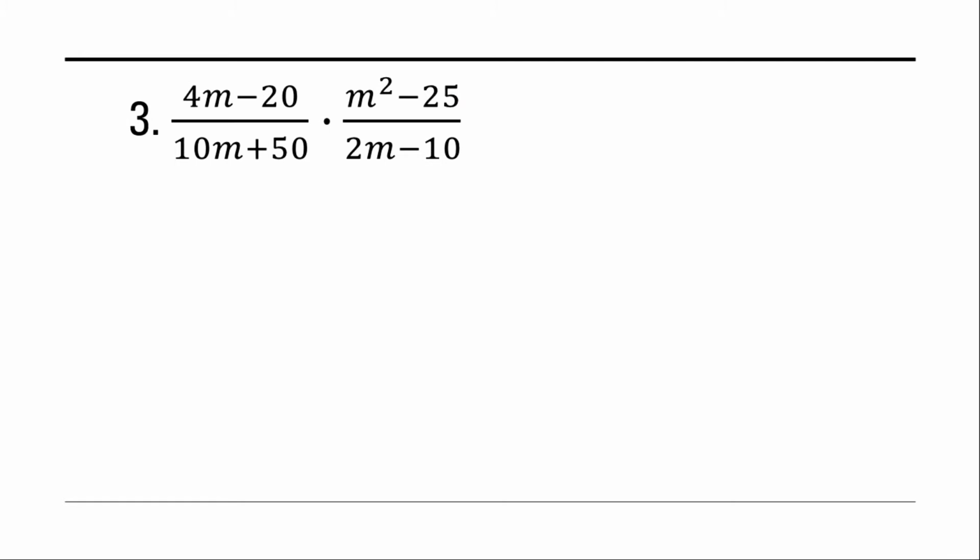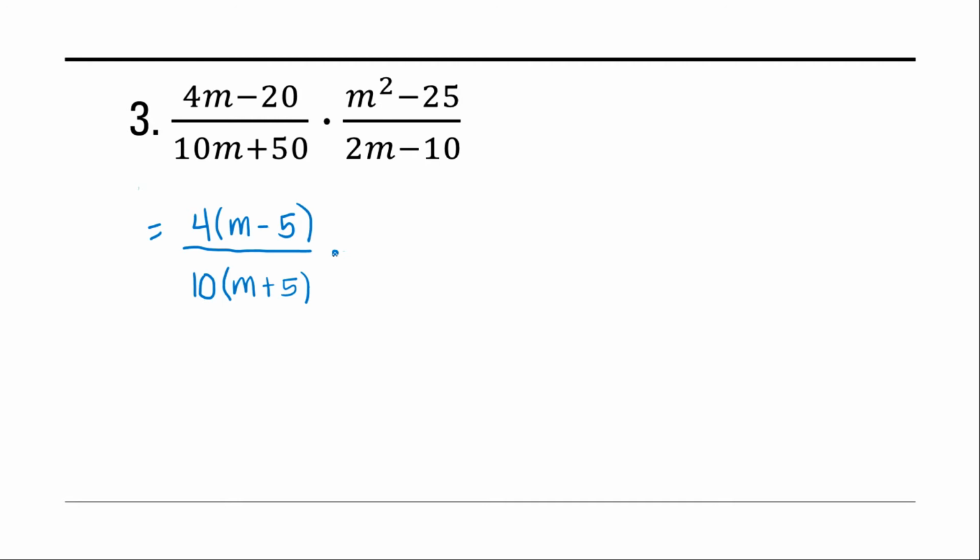Next, let's try 4m minus 20 over 10m plus 50 times m squared minus 25 over 2m minus 10. We have 4m minus 20. So, how do we factor out 4m minus 20? We simply have to factor out the common monomial factor, which is 4, and then we have m minus 5. For the denominator, we have 10m plus 50. We simply have to factor out the common monomial factor 10, and then we have m plus 5 multiplied by